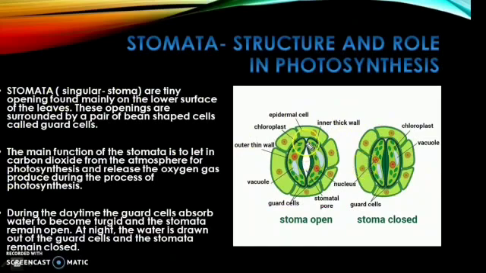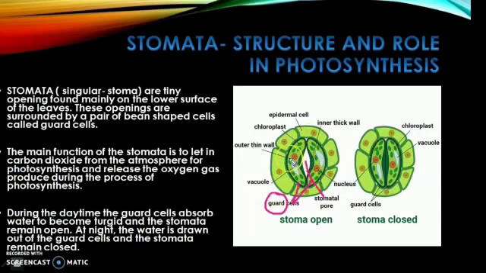If you see the stoma, singular term for stomata, this is the stoma region, children. The stoma region is also known as the stomatal pore. This is surrounded by two kidney-shaped or two bean-shaped cells called the guard cells. What are these cells called, children? Guard cells. And why are they known as guard cells? This is because, children, they guard the entry of the stoma.